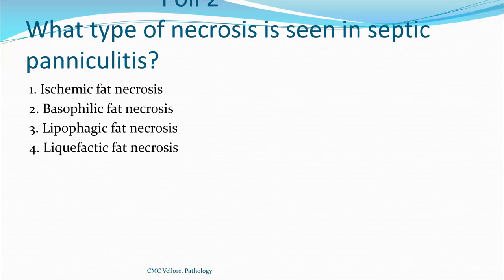Yes, ma'am. Congratulations. The second one is the type of necrosis in septic panniculitis, where you have basophilic fat necrosis because of fragmented neutrophils and karyorrhectic debris which is present. Okay. Ischemic fat necrosis is seen when the blood supply is limited. Lipophagic fat necrosis when